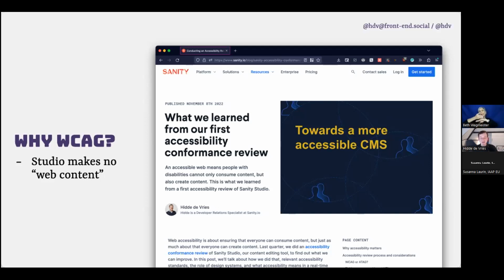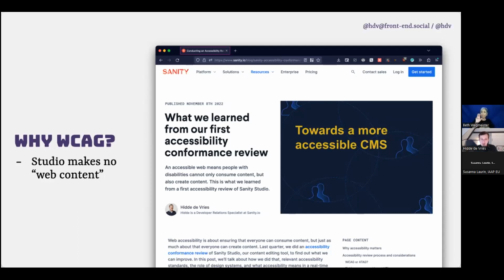So the content exists sort of in the CMS, in Sanity, and then when developers start to work with it by building a website that uses the content, that's where the web content is made. So we felt like, hey, this is maybe not really truly a CMS, although that's what we call it, because it's what everyone would associate it with. But there's no HTML in Sanity. We have people that create just thousands of PDFs with the content that are in Sanity. We have people who output to HTML or to XML, to other formats. We even have a customer that creates books out of the stuff that's in Sanity.